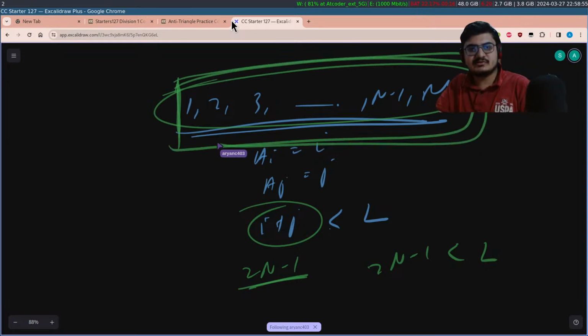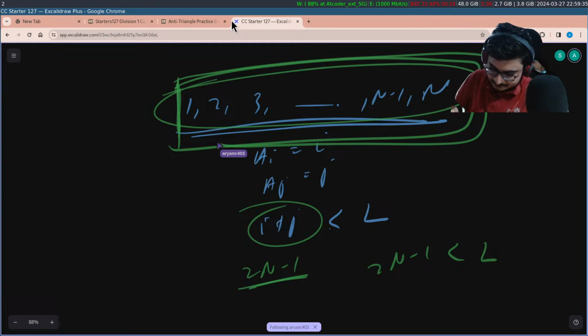Now we have two solutions. One solution is we print all the multiples of L plus 1. The other solution is we can print the first n numbers. There are different cases when one of the solutions works and the other doesn't. If 2n minus 1 is less than L, then if we print the first n numbers, we would be good. Or if n into L plus 1 is less than 10 to the power 9, then we can print all the multiples of L plus 1. The important thing to note here is that, based on the value of n, one of these solutions will definitely work. And sometimes it can happen that both of the solutions work.